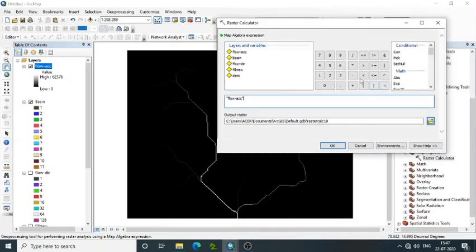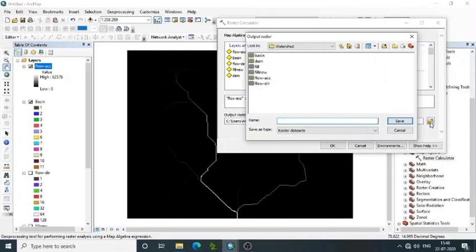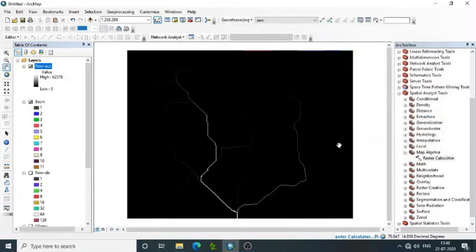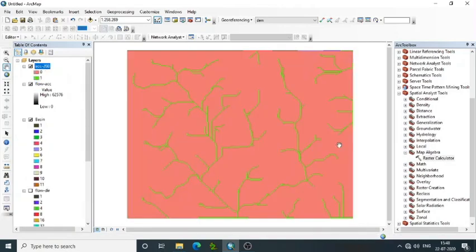Say here I am considering flow accumulation value greater than 200. Then give output. So accumulation value can be changed as per the scale. You give trial and error method where you will get proper drainage system. Then make it as OK. See that calculated raster image with drainage map is existing, where we can identify only 2 cells, 0 and 1. 0 represents null data, 1 represents drainage.